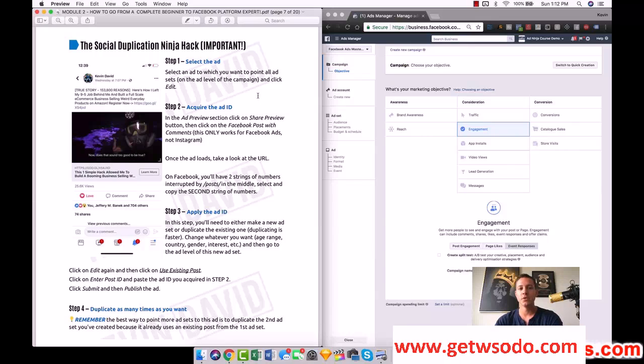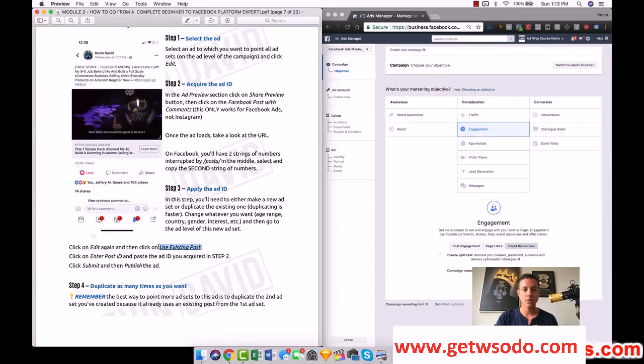One of the cool things that you can do with Facebook advertising, and this is one of the coolest hacks I've ever figured out. So drop your phone, put your dog down or whatever you're doing right now, pay attention. Because once you create this first engagement ad, it has what's called a post ID. And so when you're creating a new ad, maybe a traffic campaign or a conversion campaign, you can create an ad or a post from scratch, or you can use what's called an existing post ID, right? So if you use an existing post, that means you can now use the social proof that you got for super cheap by using the engagement marketing objective.